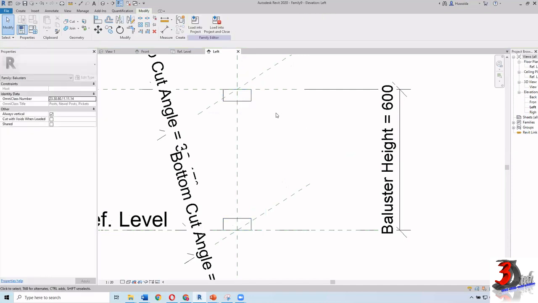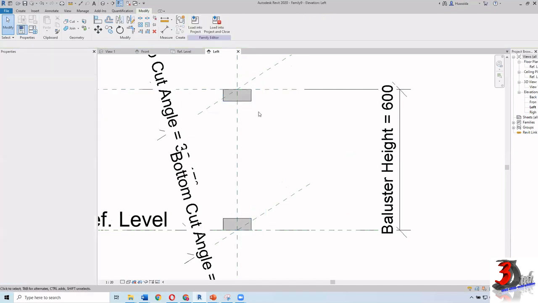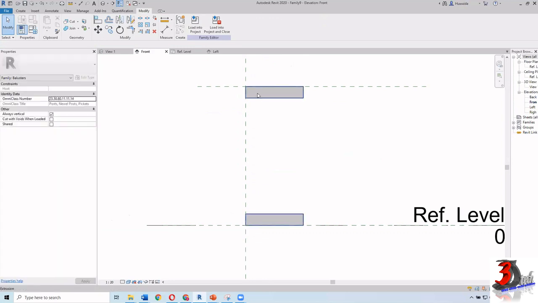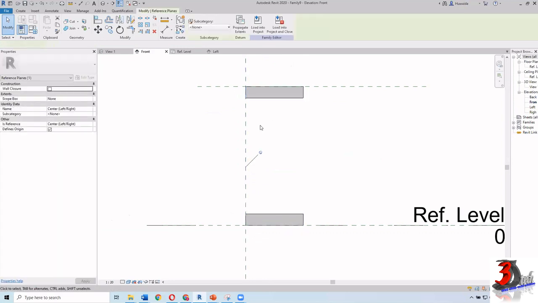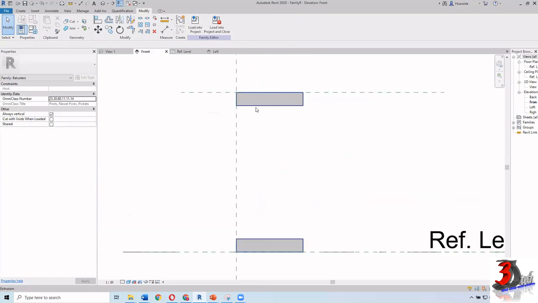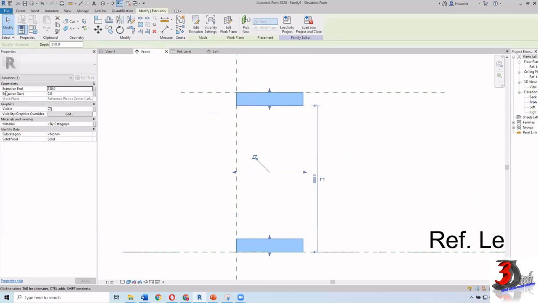Once you click finish edit mode, navigate to the front plan, and as you can see, our extrusion doesn't align in the middle of this reference plane. So what I need you to do is click on the extrusion and adjust the extrusion end and also the extrusion start.